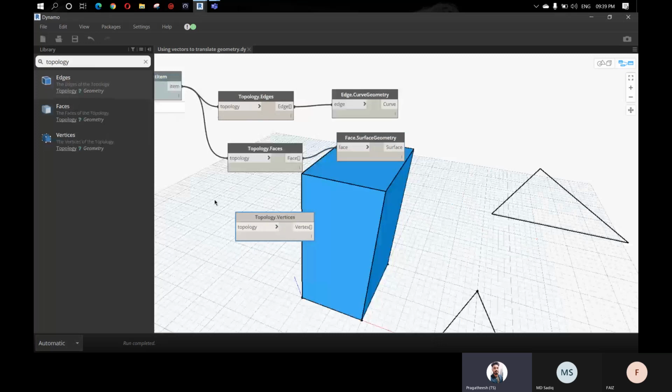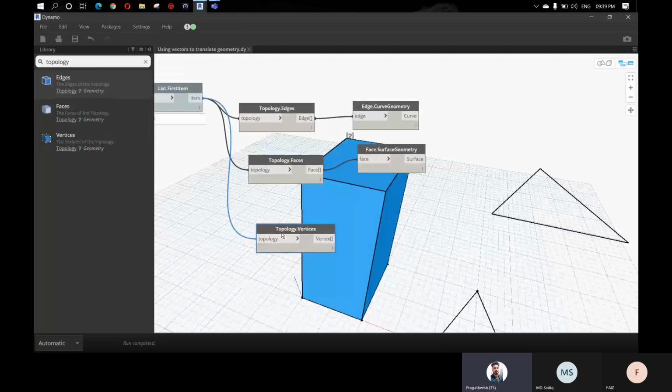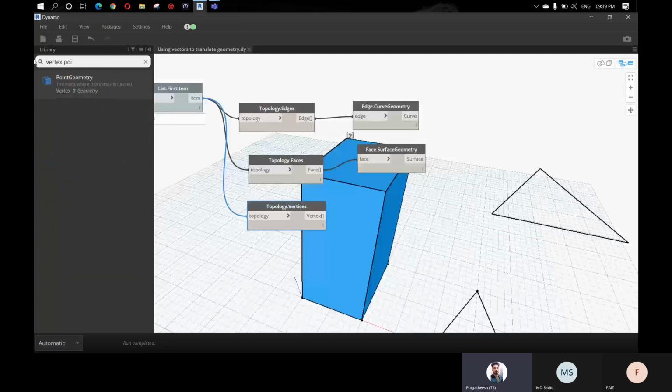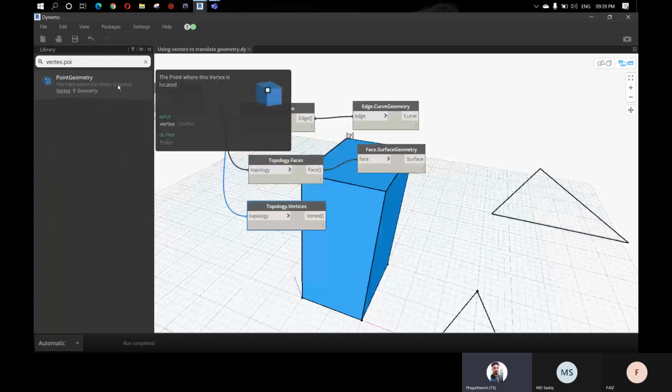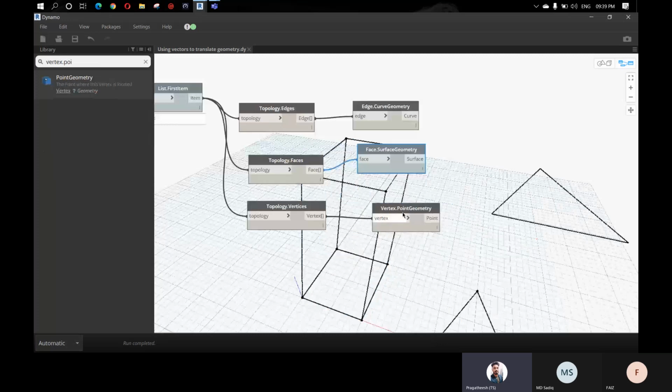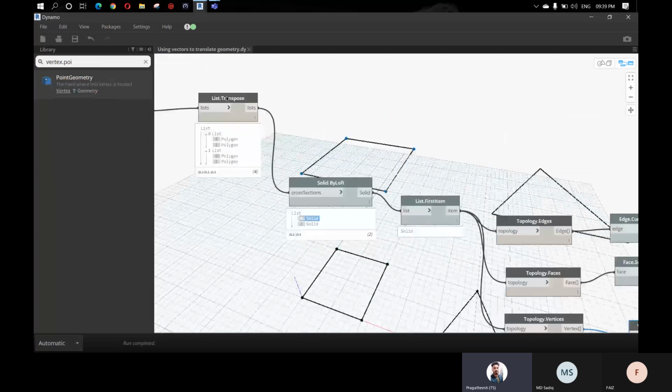Next is vertices. Search here Vertex.PointGeometry, the point where the vertex is located. Now we can unhide this one and we can unhide the edges as well.